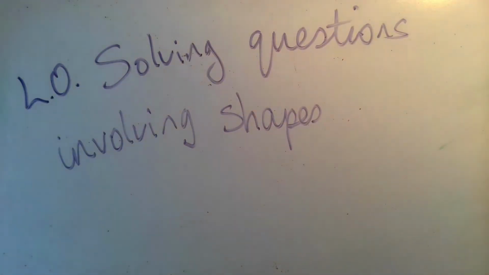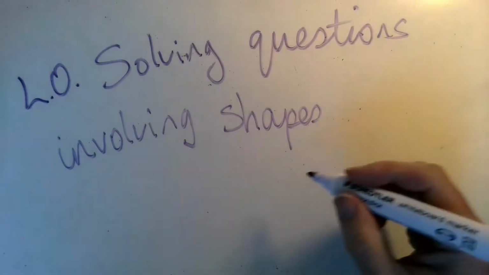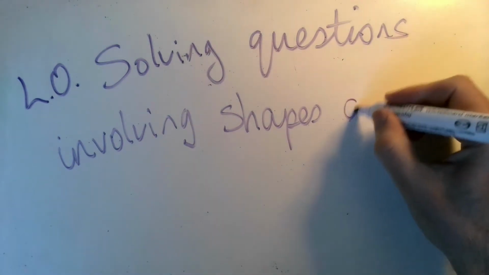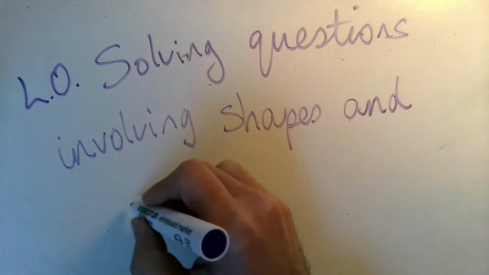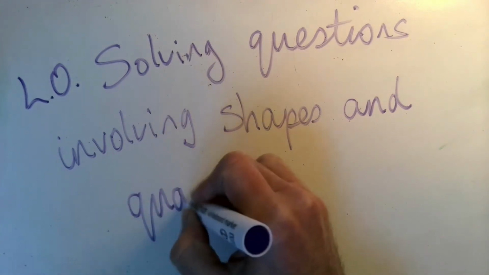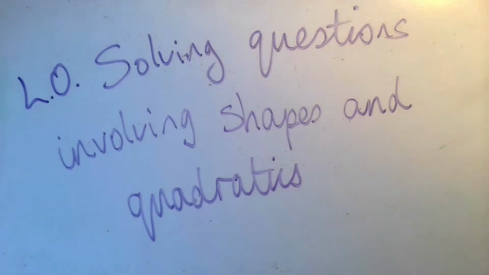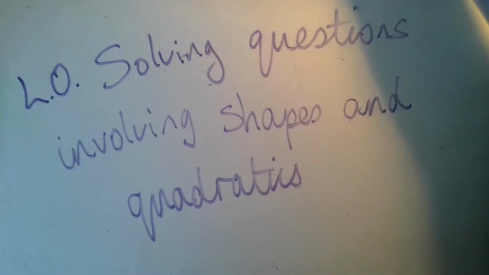So today's objective is going to be not just solving questions involving shapes, but involving shapes and quadratics. And quadratics means double brackets. Actually, we're just looking at all sorts of things where brackets may come into it, and we're sorting out problems